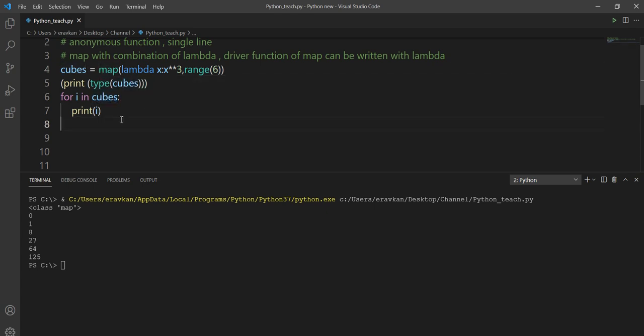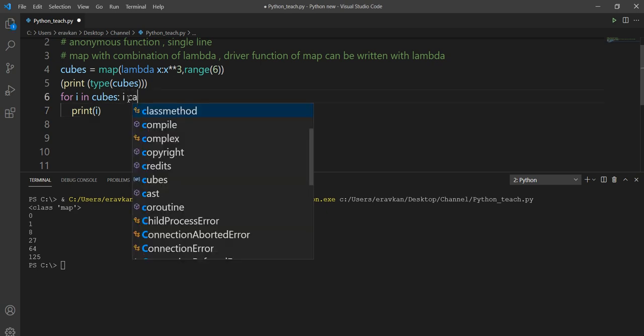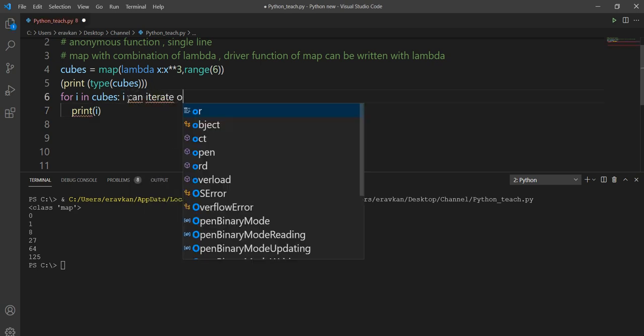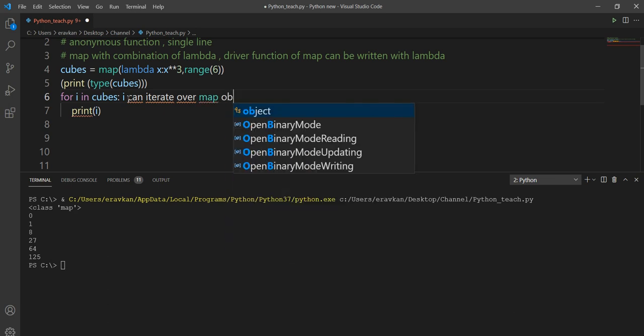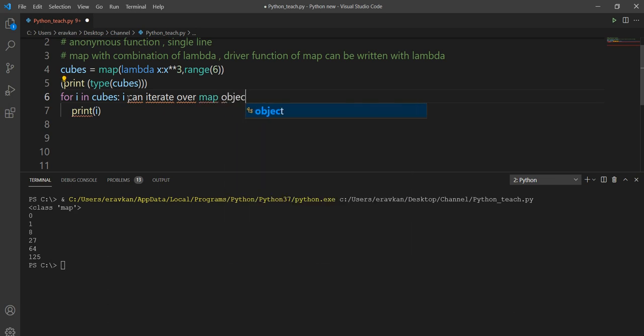So cubes was my map object, and I can iterate over map objects. So here I have iterated over my map object, or if I want to convert the map object into a list, I can use list also here.